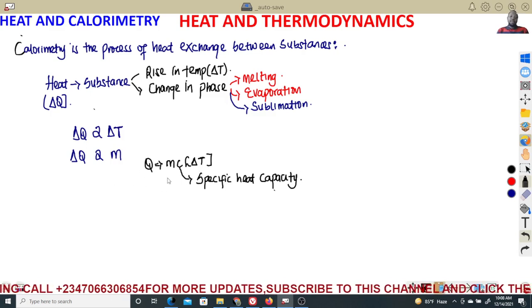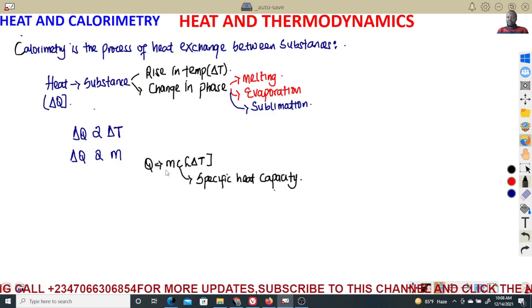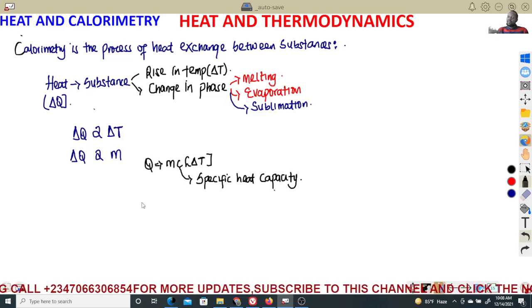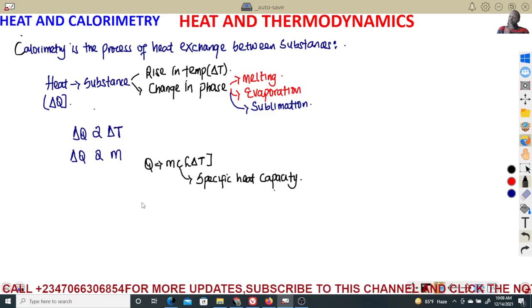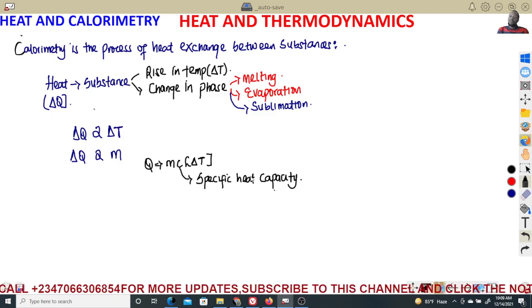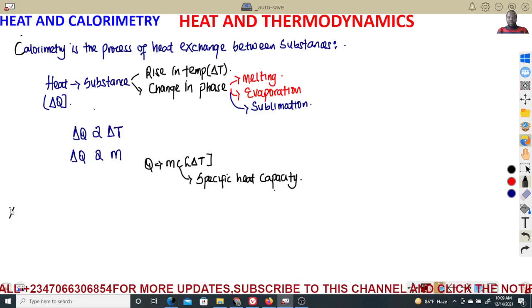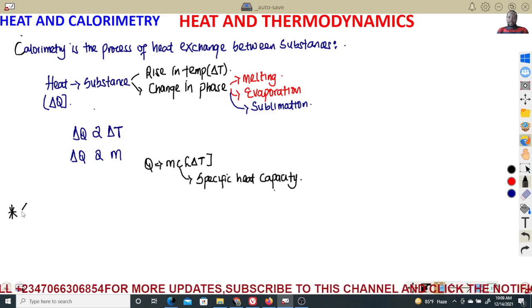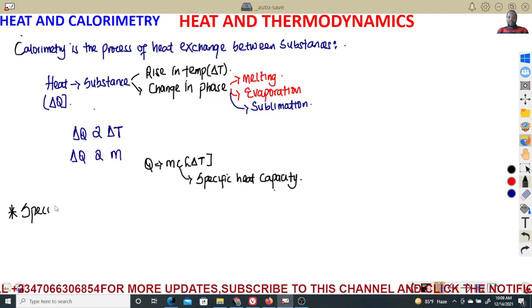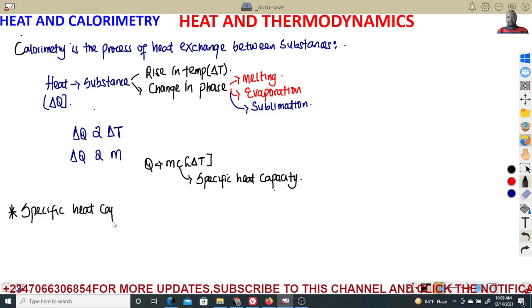Now, the new parameter we just came across, which we call the constant, is the one that, when heat is supplied to a substance, raises the temperature, and it depends on the mass of the substance. And the constant of variable we call specific capacity is now defined. We can just write that to keep a note for future use, which I know you have all studied in your junior classes. And the specific heat capacity, let me just write in a word, specific heat capacity, which we denote as C,